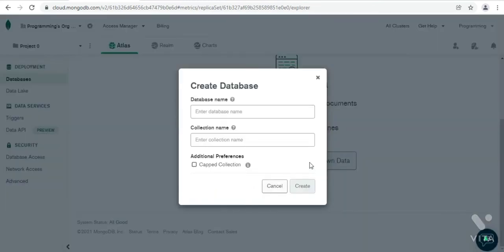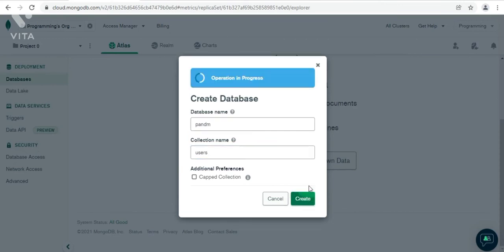Then click on add my own data. Database name is P&M. Collection name is, let us say, users, and click on create.